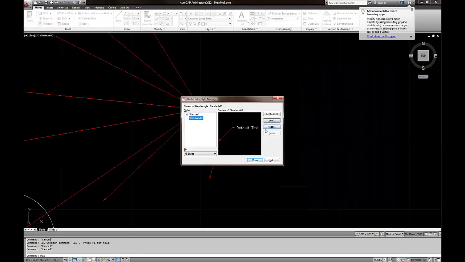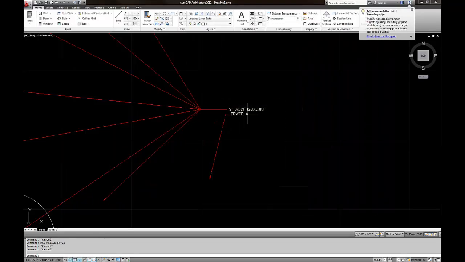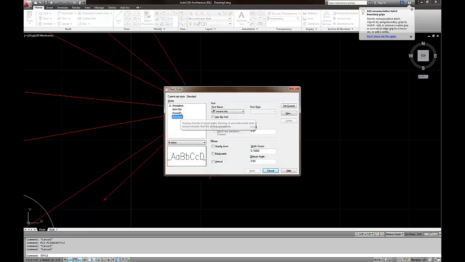And also, if you type in STYLE, enter, please use Romans. Okay, then use Romans, leave the height to 0 by default, and standard, leave everything the way it is, 0.75. You don't have to touch anything on this. And if you want to add another one, for example, arch dim, this one has it. And if you go to